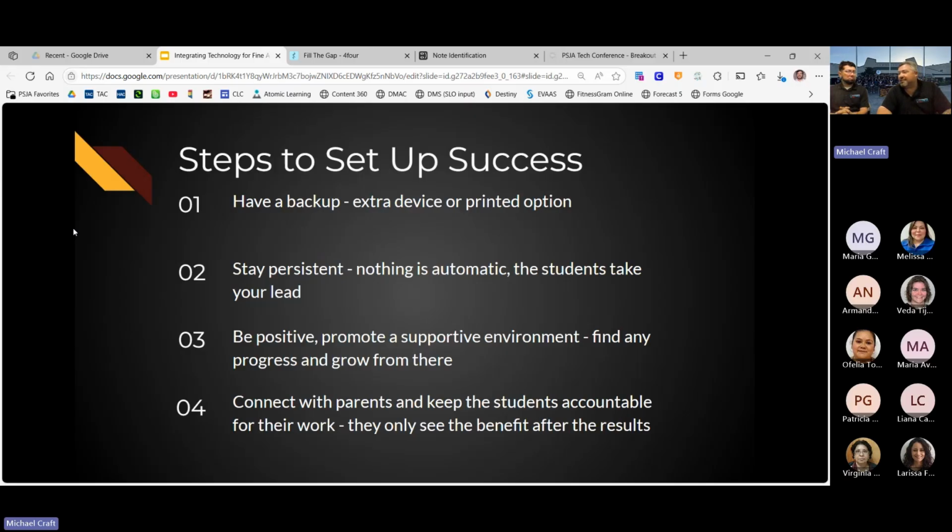Sometimes I down talk my kids at home, so I know not to do it at our school. So we want to be supportive and find any progress and grow from there. Like a lot of kids, they are very critical, especially in music. They think they stink, and all they do is play, and then they look at us like, "How was it?" They want to know, and so we want to grab any progress. I'll tell them 1% a day, we'll do it.